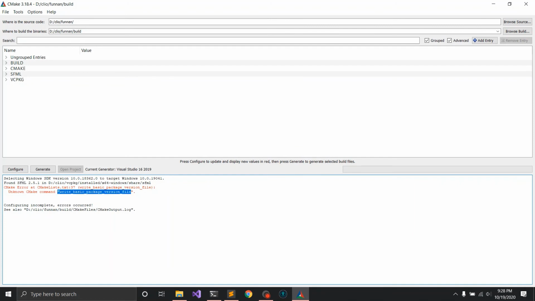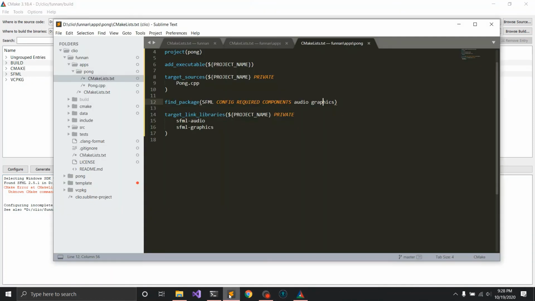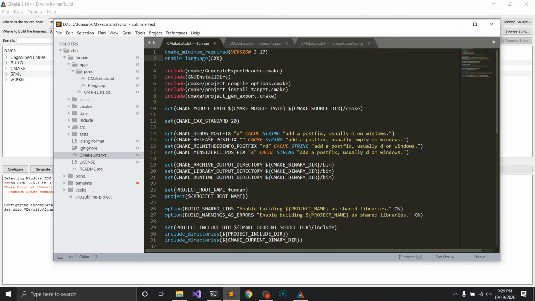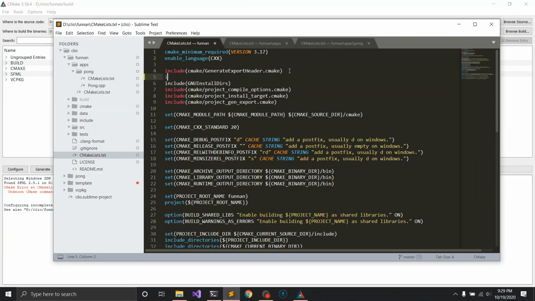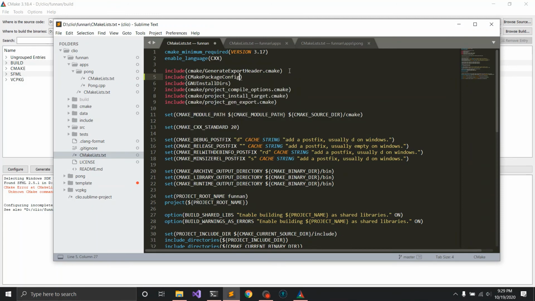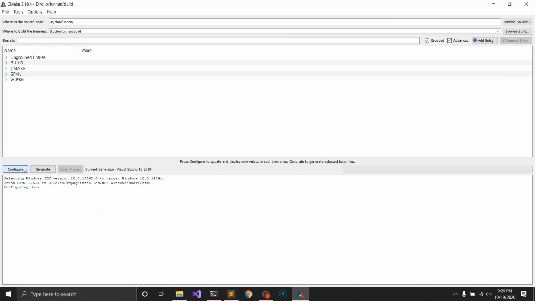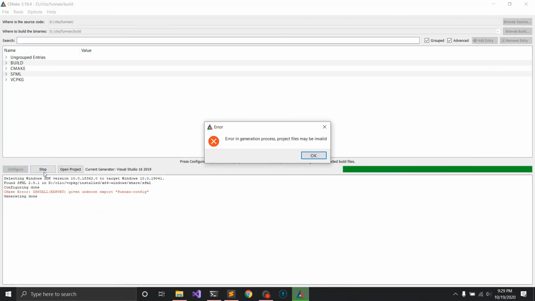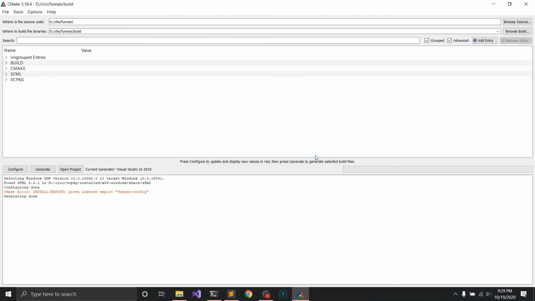Oh, I believe I forgot a CMake header, so let's fix that. I think that is CMake package config helpers. Let's see if that fixes it. And we configured, so now we hit generate,